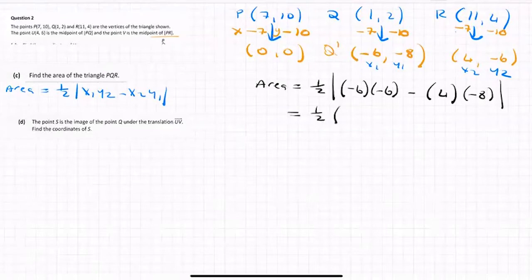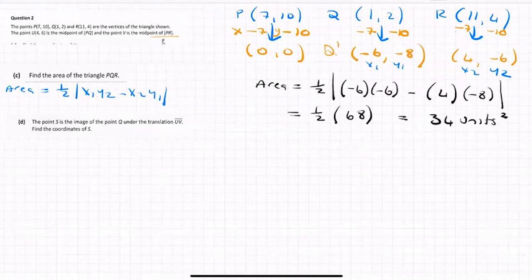So into my calculator I'm going minus 6 in brackets, minus 6 again in a bracket, minus, and 4 in a bracket, minus 8 in a bracket. So exactly what I've written here. That's what I've put into my calculator. I'm hitting equals and I am getting 68. So half of 68 then is 34